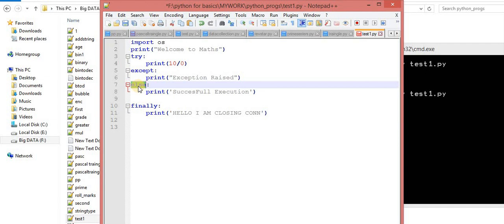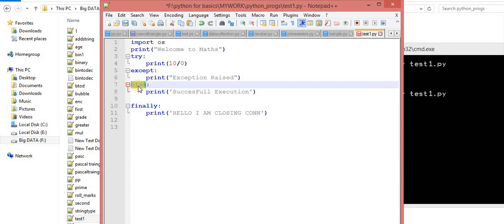This is the simple funda of Python when I am using else with for, with while, and now with try. So the concept is the same. This else will execute only when there is no exception.